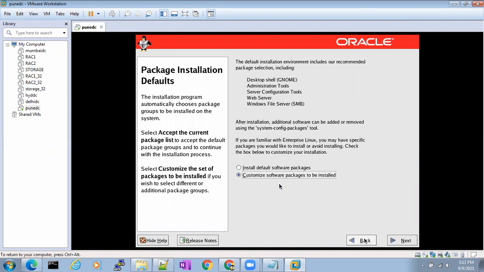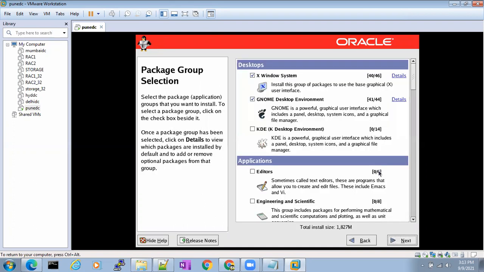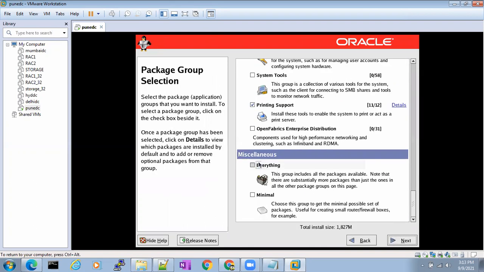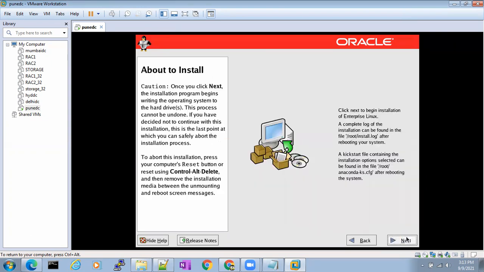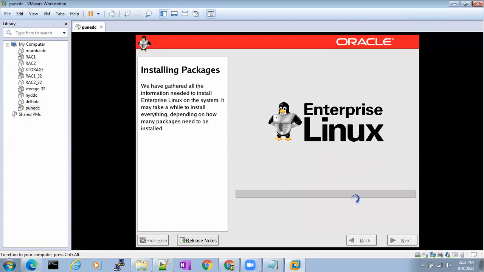Next, customize. Just click next. Scroll down. Click next. Next. That's it. Installation started. It is formatting now. Just like C drive, D drive, E drive formatting happens in Windows, in the same way it is formatting /prod, /stage, /u01, /swap, everything. Now the installation will start. Installation might take around 35 to 40 minutes, based on the RAM that you have allocated.